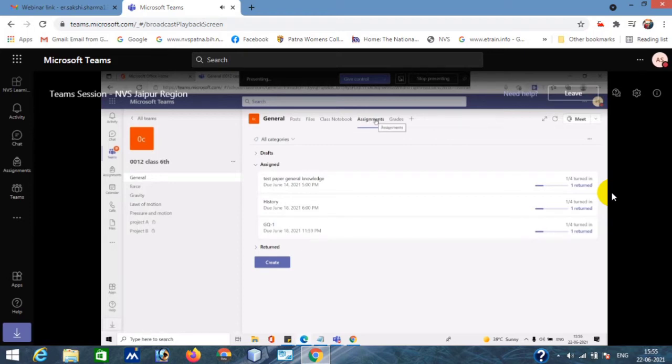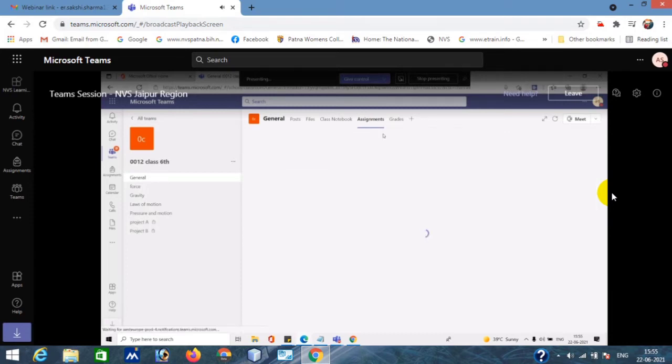So come to the assignment tab, click on create, and click on assignment. It will create a subjective wise assignment. Subjective means you are going to upload a question paper directly from the system, but in quiz based, you are creating the questions in the Microsoft quiz, and you are asking students to respond on that particular form. So this is the difference between the assignment and the quiz.